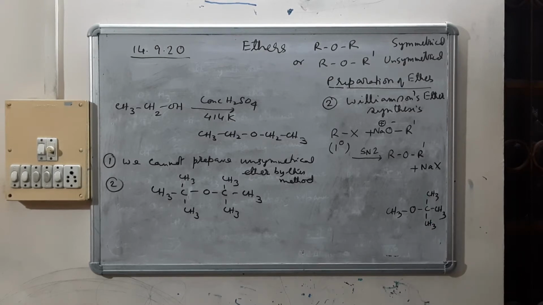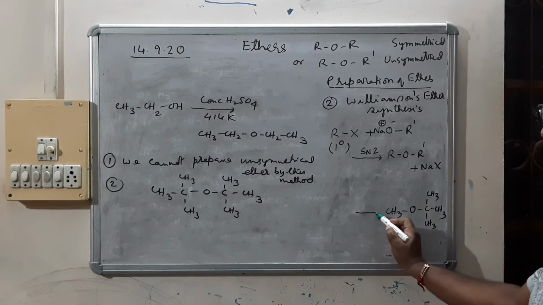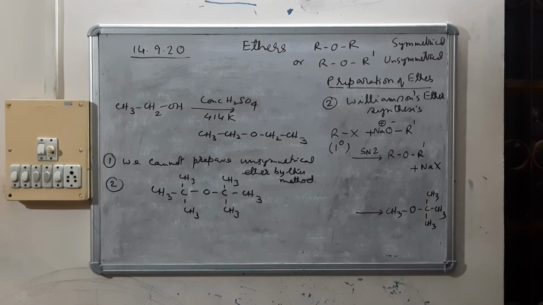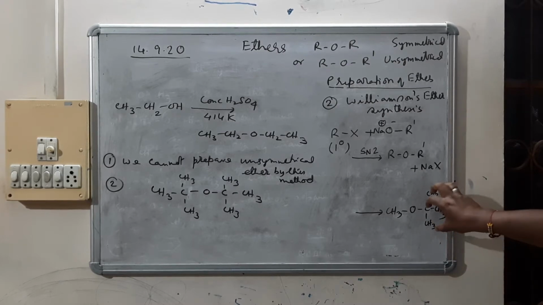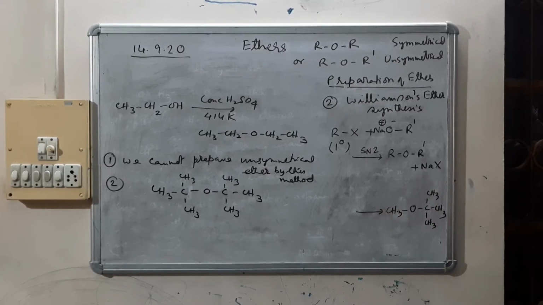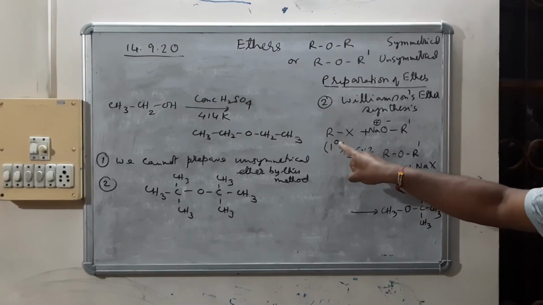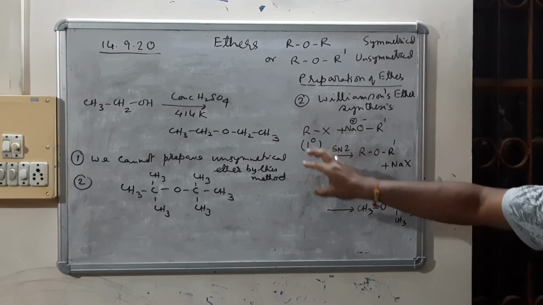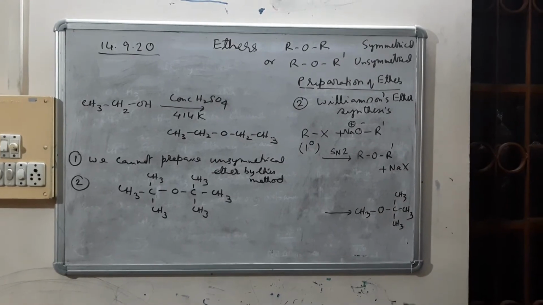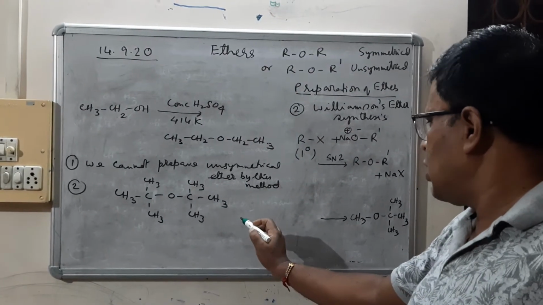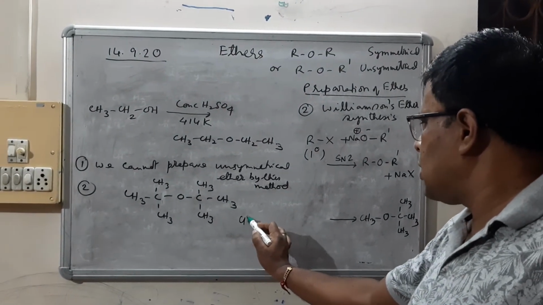We want to prepare this ether by Williamson's ether synthesis. So you have to understand, there are two parts. This is one part, this is another part. And since we have to take a 1 degree halide, the reagent that we have to take will be